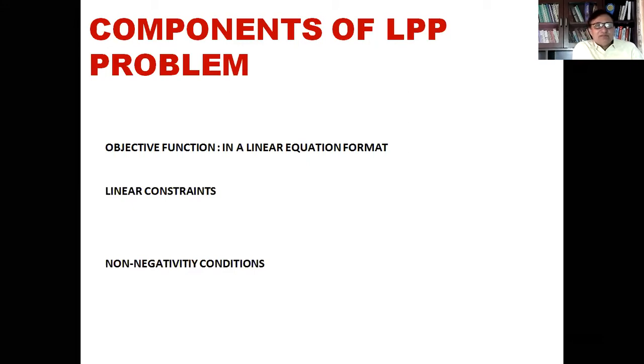Secondly, in a similar way, we have to define our constraints. We have to work under certain constraints because you may have limited availability of raw material to produce X1, X2, X3. For example, you have only 50 units of the raw material available, and 1 unit of material is consumed for X1, 2 units are consumed in X2, and 3 units in X3. Our constraint will be X1 plus 2X2 plus 3X3 less than or equal to 50. That means our material units cannot exceed 50. Similarly, there may be other constraints also, so we will be forming the various constraints as linear equations.